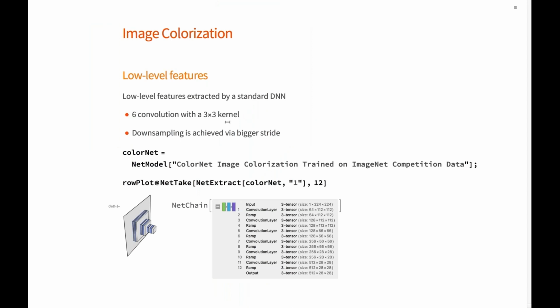So how does this start? First, I have to create a standard feature extraction network. This is very, very simple, very shallow. I have 1, 2, 3, 4, 5, 6 convolution layers to extract the features, and standard ReLU activation. These features will be shared. These are the low-level features that will be shared between the mid-level features and then the global features for the global prior.